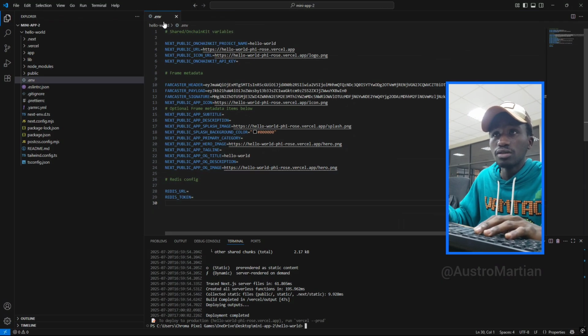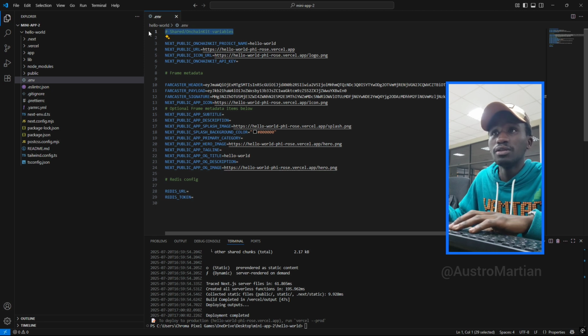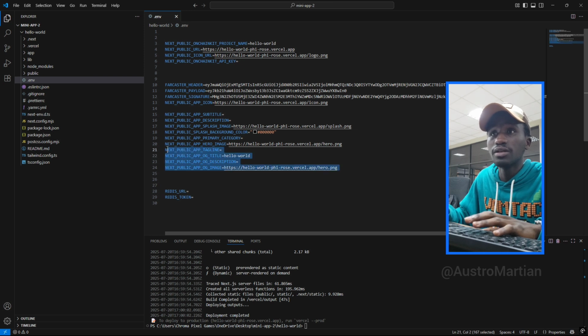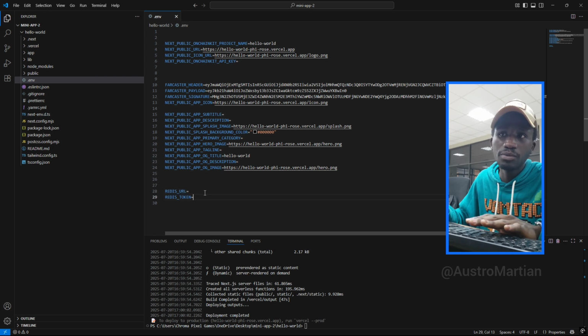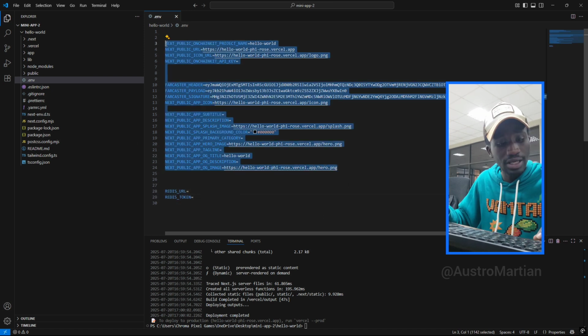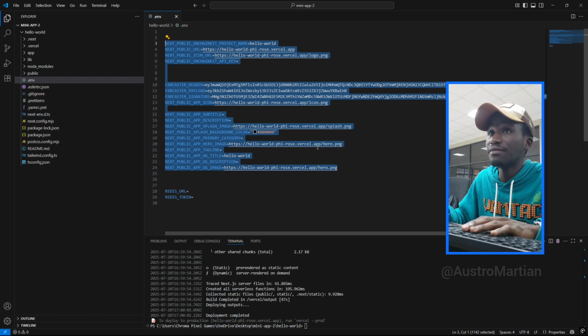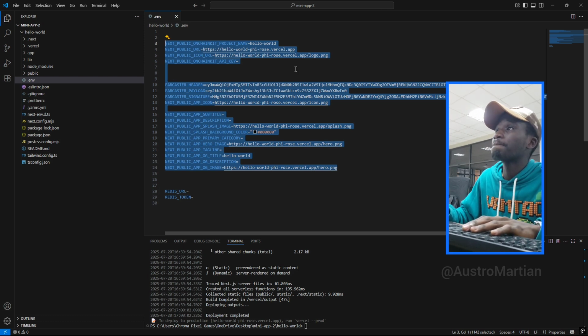Okay, I'm just going to remove these comments, all right? So we're going to host the manifest. This is the manifest we're hosting. I'm just ignoring the Redis, but this will help you with notifications. If you want to have notifications in your mini app, you're going to need to use this. But I'm just going to ignore this for now. So I'm just going to copy what's there like this right now, okay? So once we have that, including the Farcaster header,